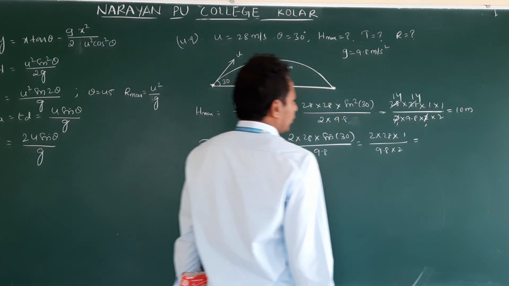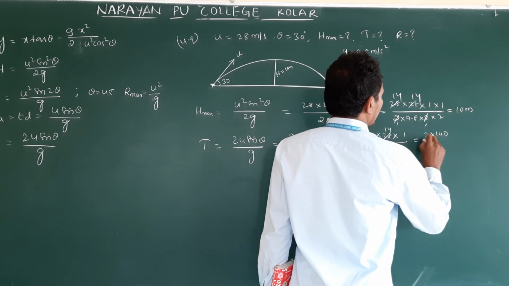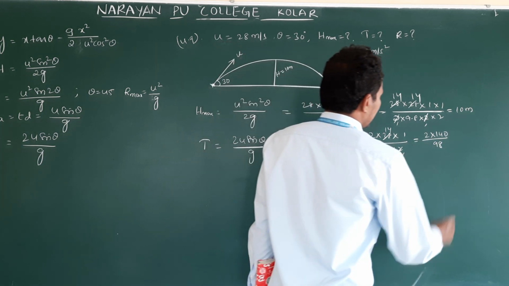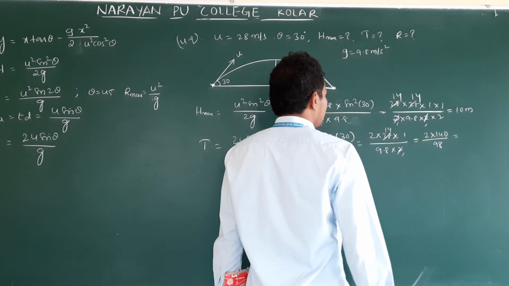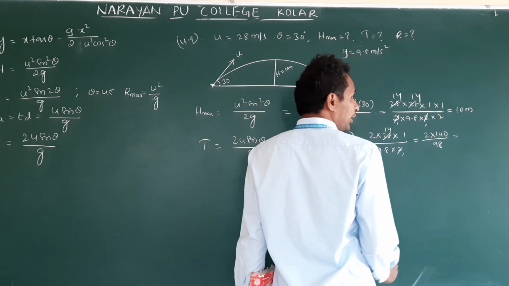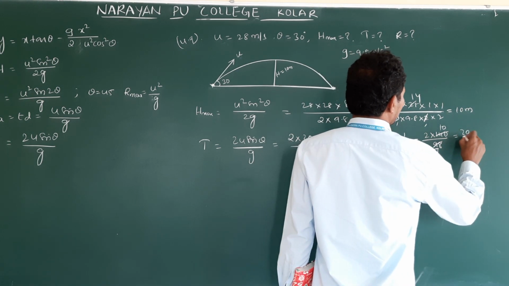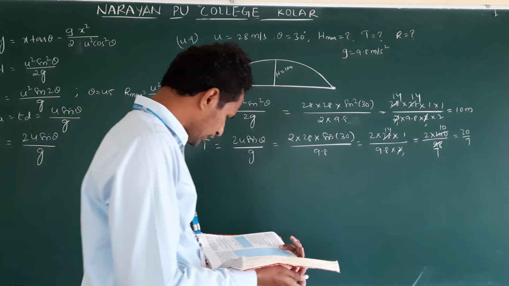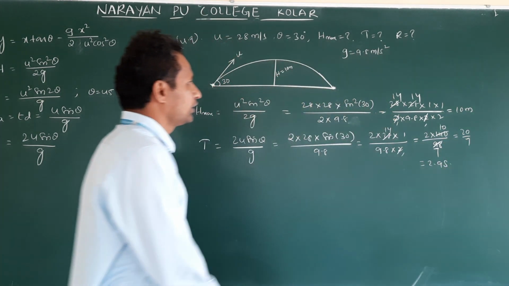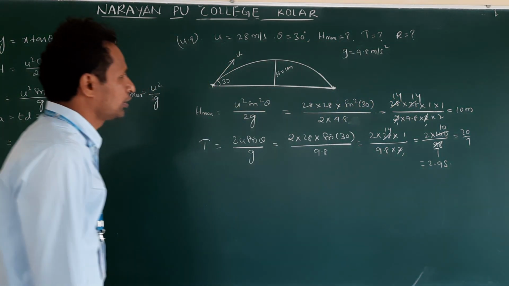Okay. Now 2 ones 14. This we can write as 2 into 140 by 98. Clear? Then calculate: 14 sevens 98. Am I correct? So 14 tens 140, 14 sevens 98. So 20 by 7. 20 by 7, it is around 2.9 seconds. Clear? Here also you follow the same, you will get the answer. Okay?